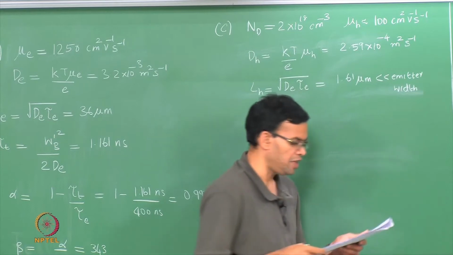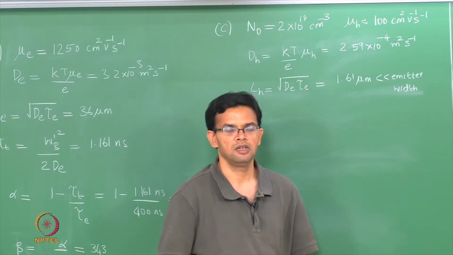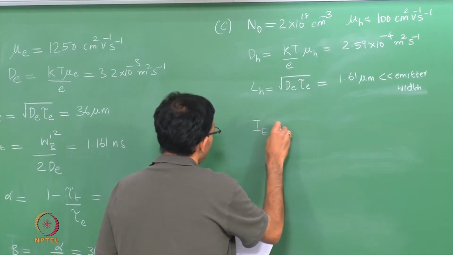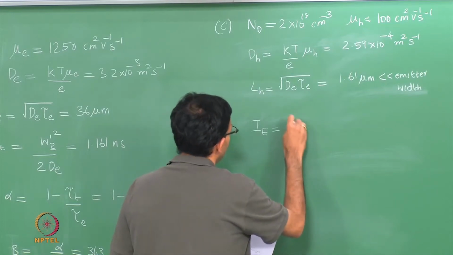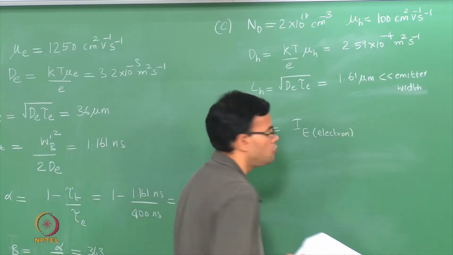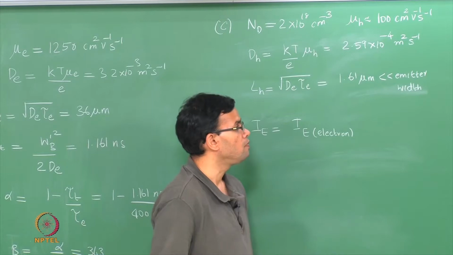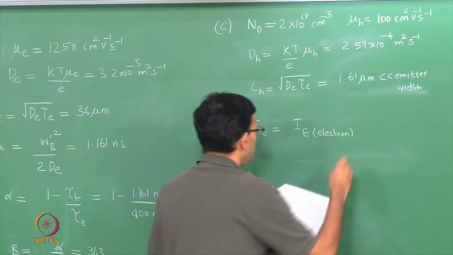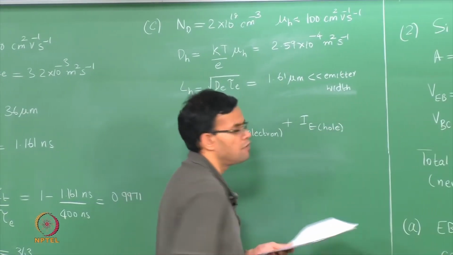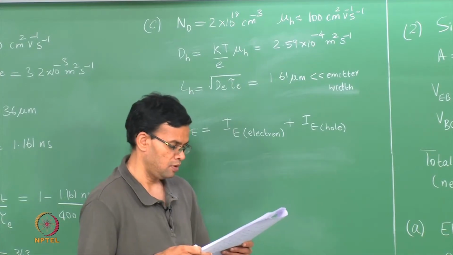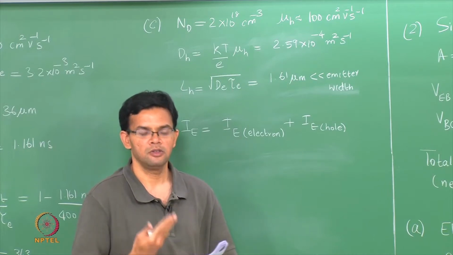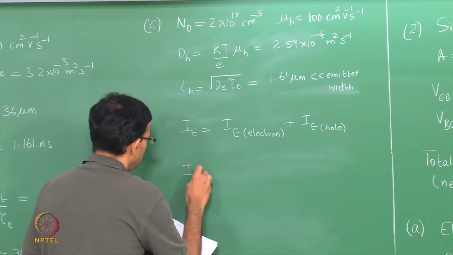So, you can basically treat it as a simple p-n junction that is essentially in forward bias. So, the emitter current IE has a contribution due to the electron flow, which is due to carrier injection, plus a contribution from the holes, which is because of recombination. So, the electrons that are diffusing from the emitter to the base are just given